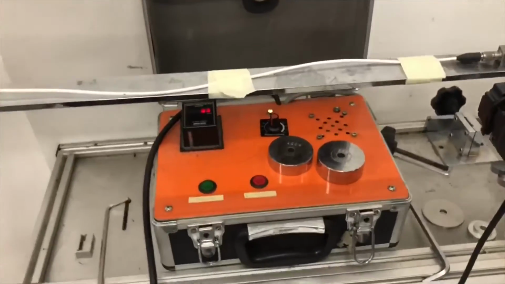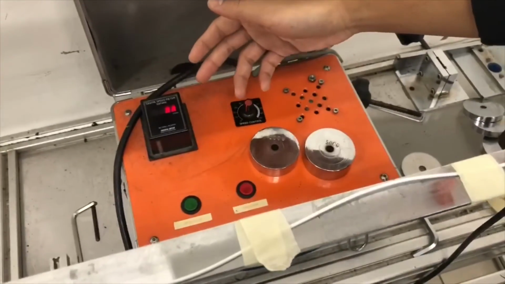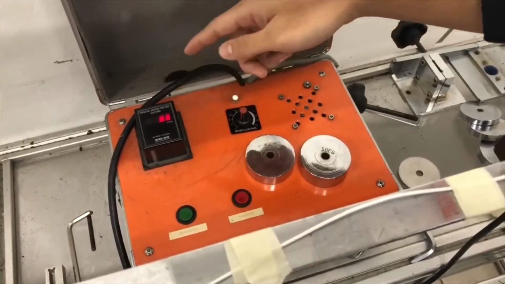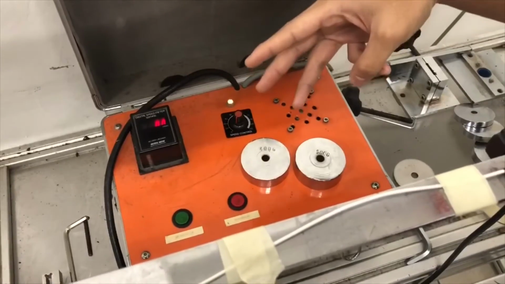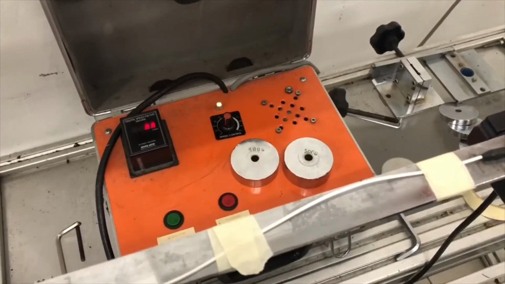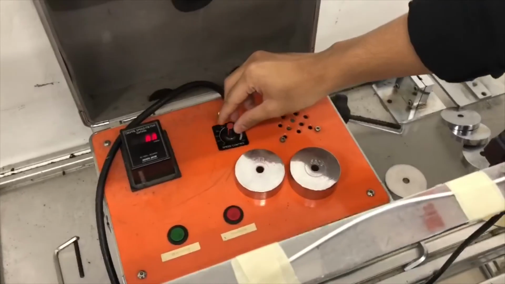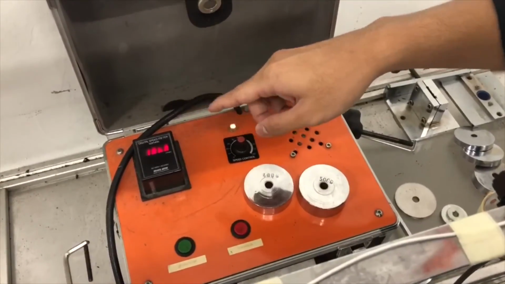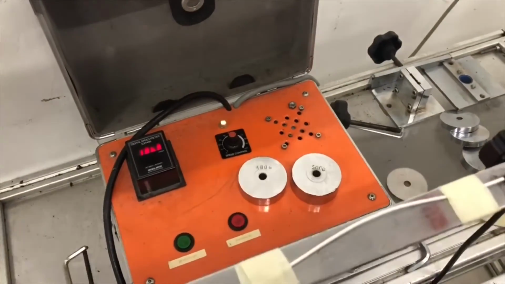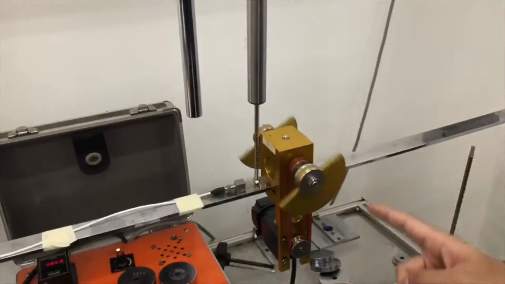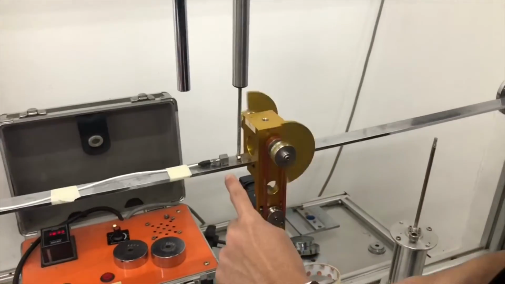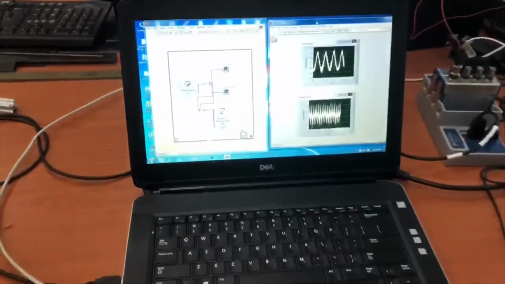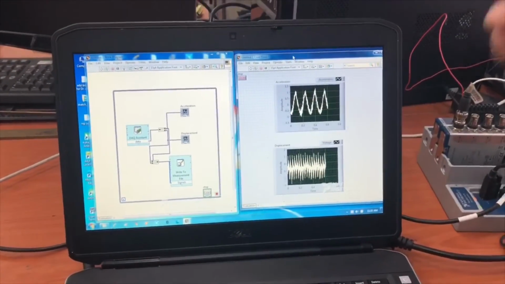As you can see here, for the manipulated variable, we decided to make it the rotation speed, which is 3 different rotation speeds, so that we have 3 different values. For example, over here we use 108 rotations per minute. So as you can see here, the beam started to vibrate, right? The sensor over here will detect the vibration and bring the data through the wire over here to the LabVIEW application.